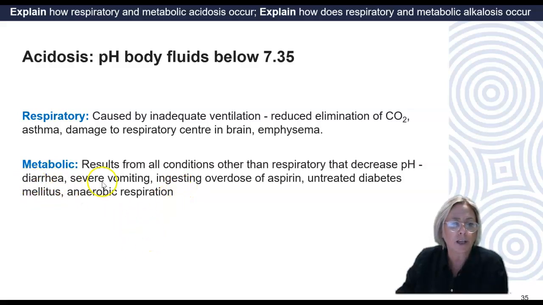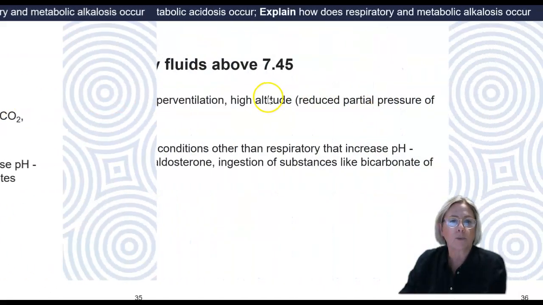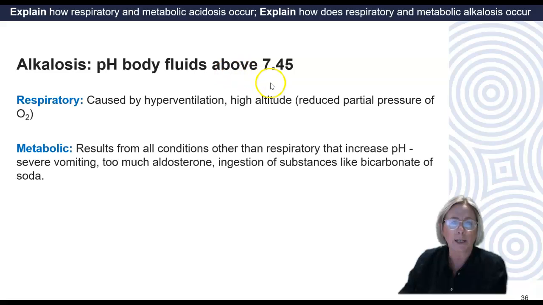And this diarrhea and severe vomiting might result in the loss of bicarbonate anion, and that can then cause that acidosis. Alkalosis then is where the pH of the body fluids rises abnormally high, to be over 7.45. It can be respiratory, so caused within the respiratory system, or metabolic. With the respiratory, alkalosis can be caused by hyperventilation. So if you're hyperventilating,